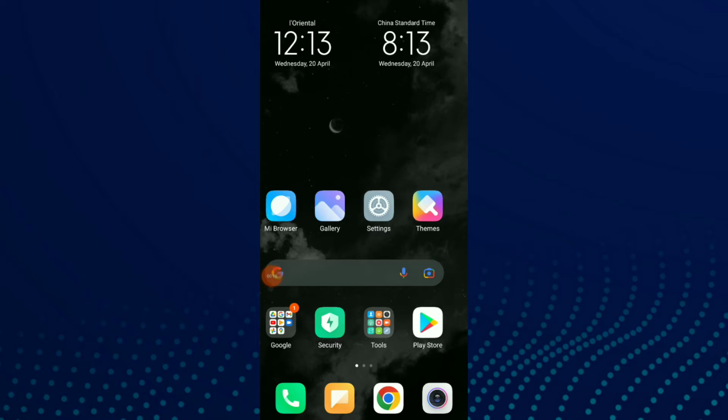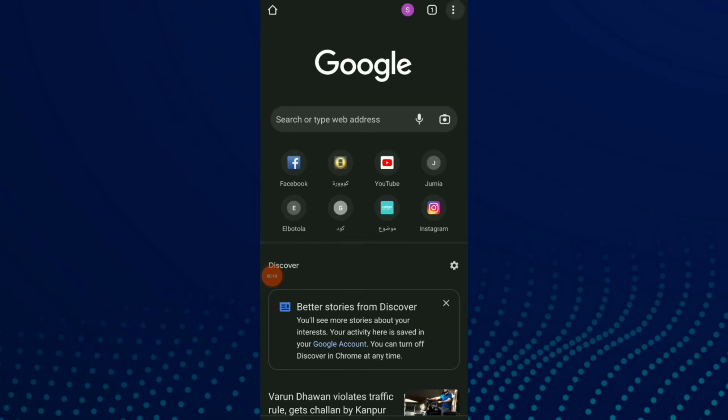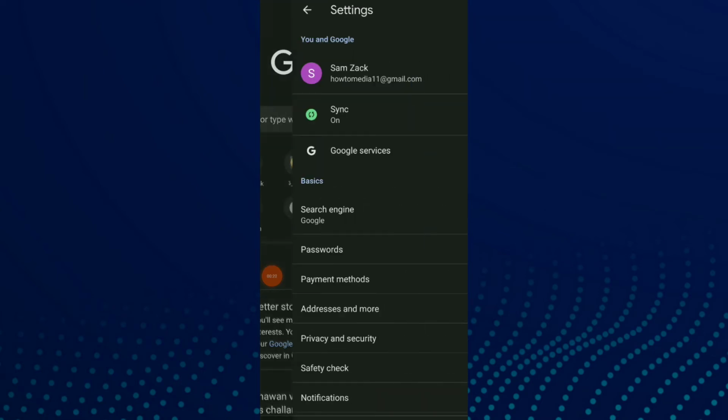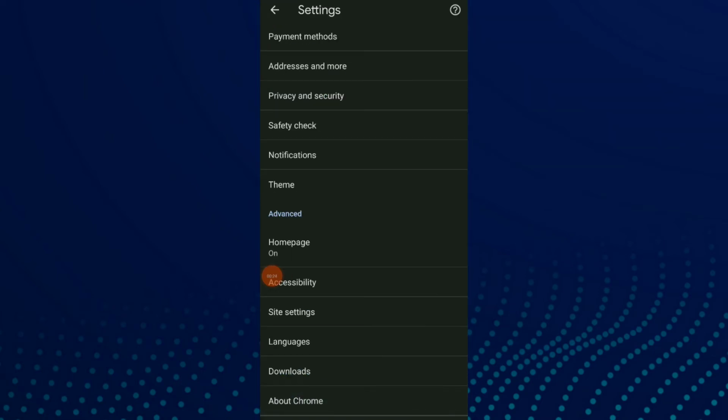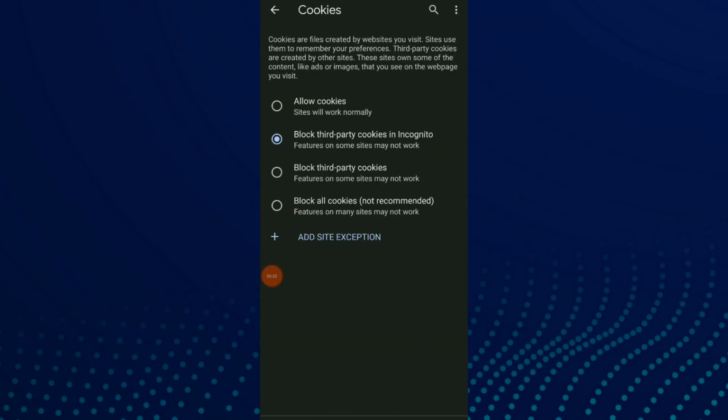First thing, go to your Google. Now click on those 3 points up there and click on settings. Scroll down and click on settings. Now click on the second option, which is cookies, and click on allow cookies, and now sites will work